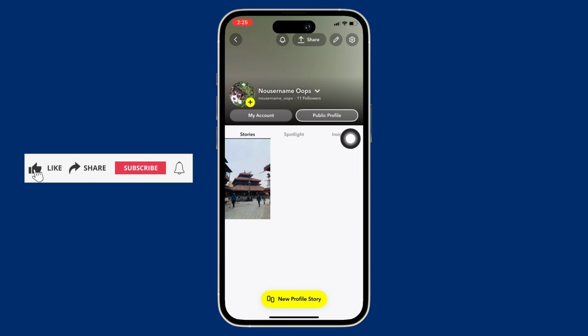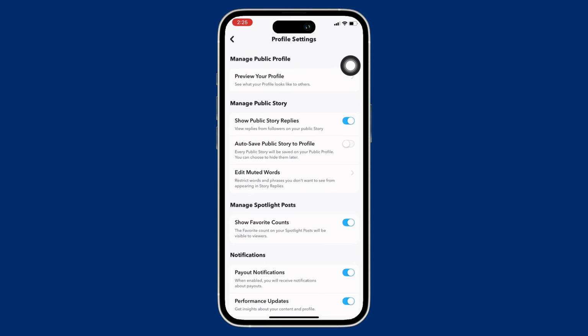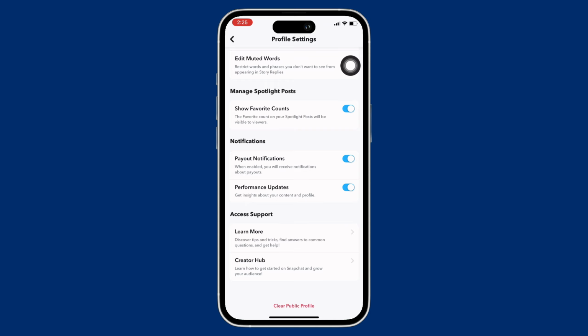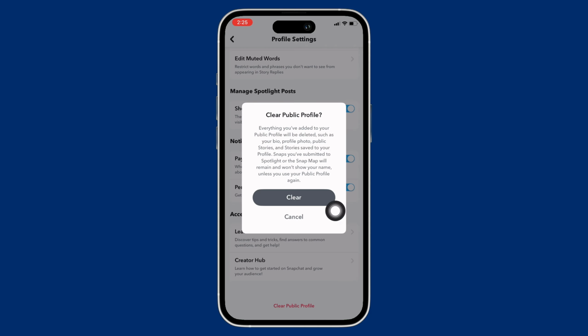So, tap on the public profile option you see there, and further in the interface that you will be led to, tap on the settings option on the top right of your screen. Now, scroll down to the bottom and you will see the option for clear public profile. Tap on that, and in the confirmation that appears, tap on clear, and with this, everything that you have added